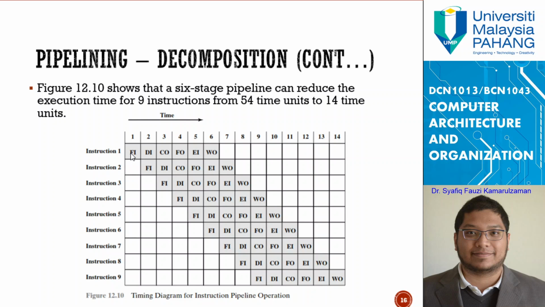If we look at how they are processed, here the team FI, fetch instruction, is doing the first instruction, and this is the time, the unit of time. It could be 1 second, 2 seconds, 3 seconds, maybe microseconds, depending on the speed of the process itself. So in the unit of time, instruction 1 comes into the PC and fetch instruction does the task first. After that, instruction 1 is forwarded to decode instruction, and then to the next team. While it's sent to the next team, the fetch instruction team is no longer occupied, so it will move forward